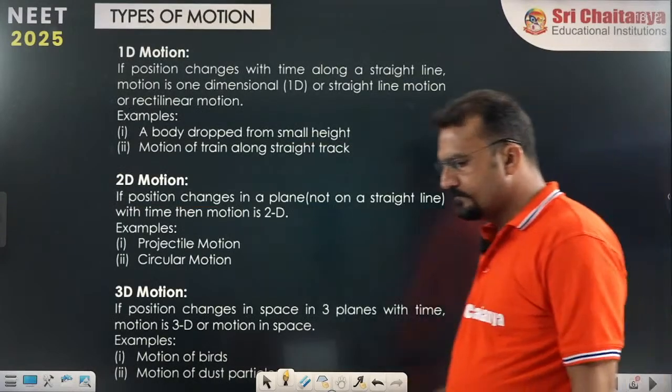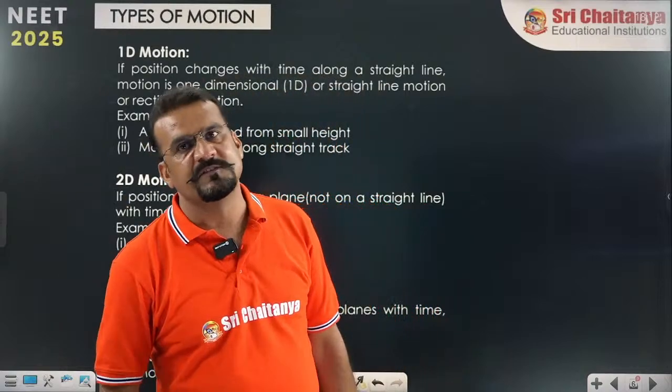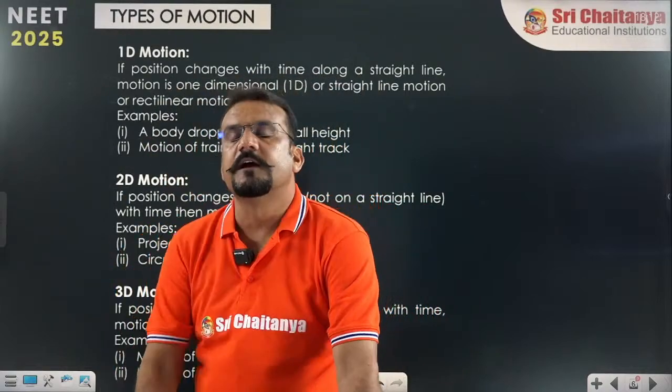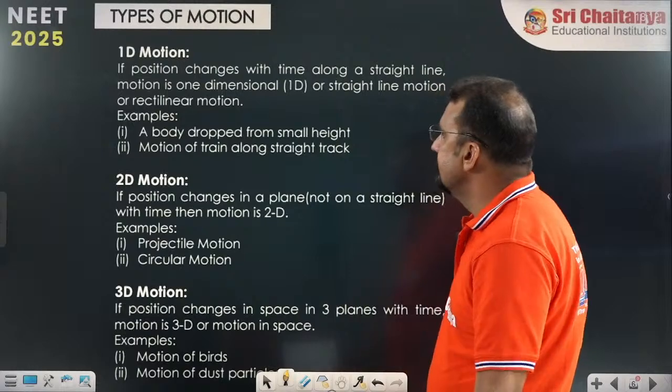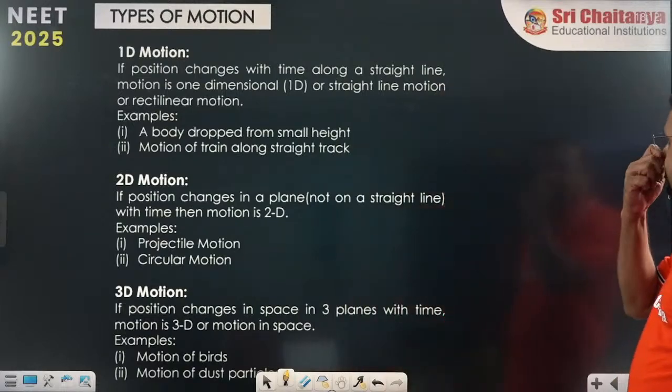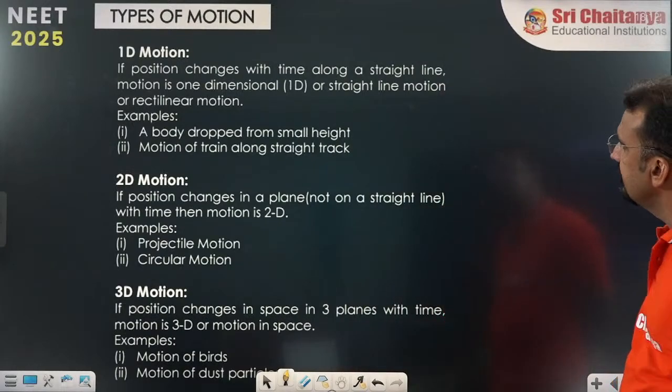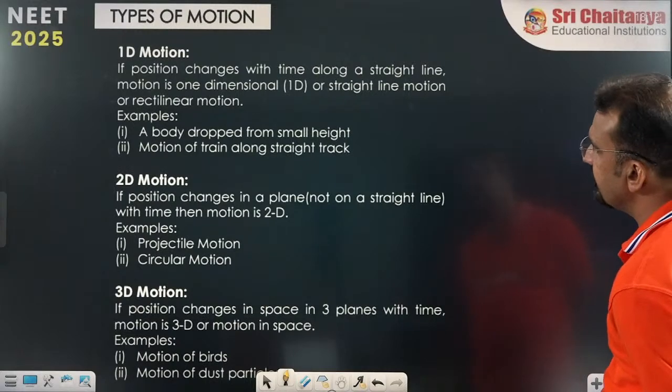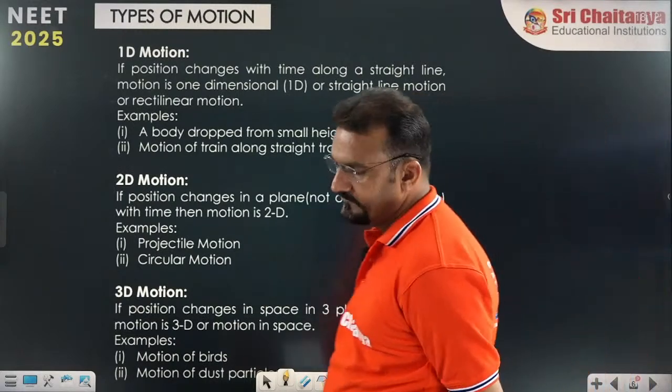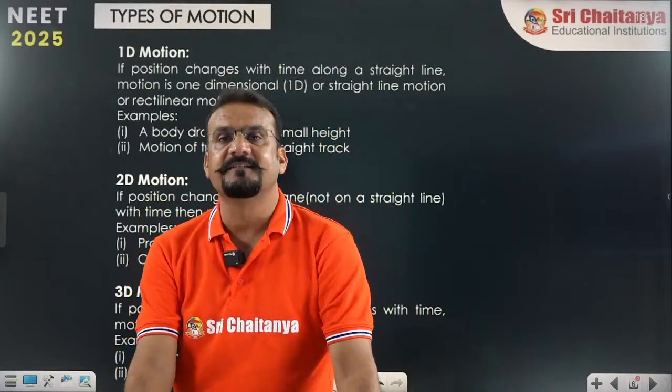See, now come to the next point. This is the basic idea about motion in our physics. Which motion are we going to discuss? See, first one, motion means the body changes its position with respect to time. That means we will discuss 1D motion, our first topic today. What about 1D? 1D in the sense of motion in a straight line.